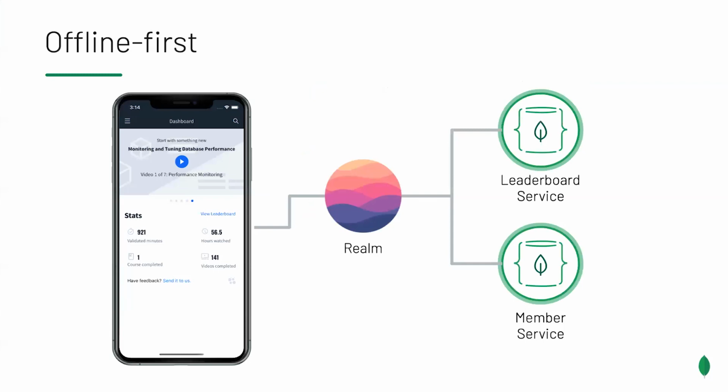The approach that has been serving us so well over the last 5 years is to introduce Realm as the on-device source of truth for the UI. Rather than reach out to the leaderboard and member services before displaying this data, simply display what's in Realm. Keep Realm up to date, and the UI will stay up to date. The connectivity logic is greatly simplified. Whether the device is online or offline, simply display data from the local Realm database.